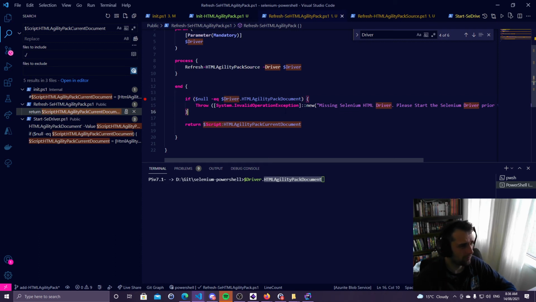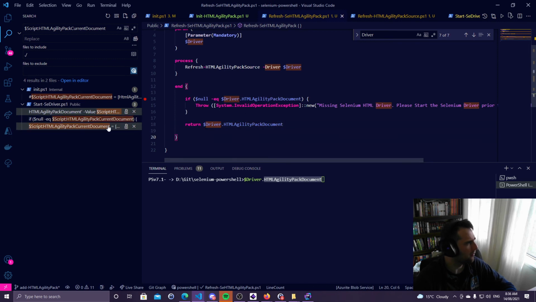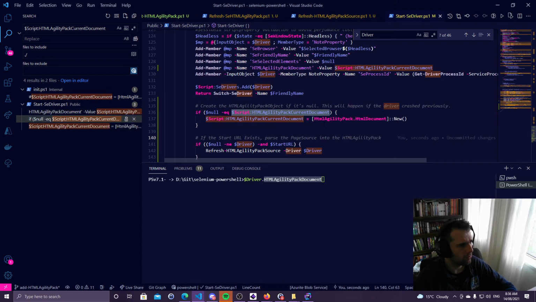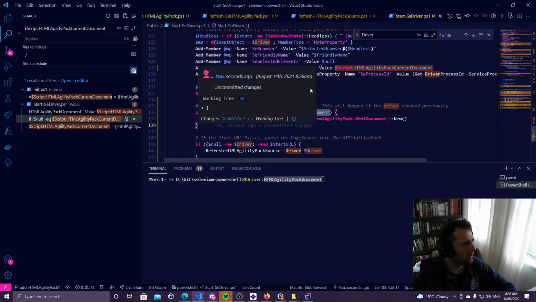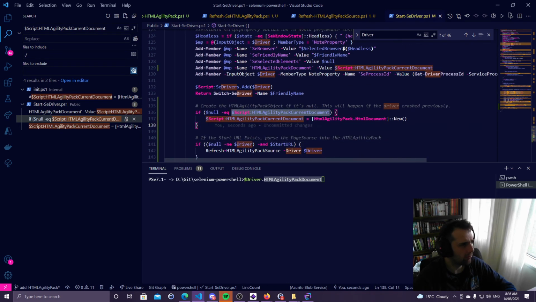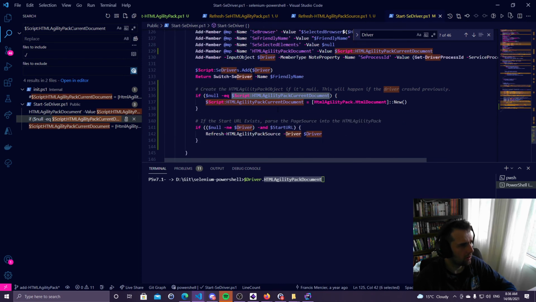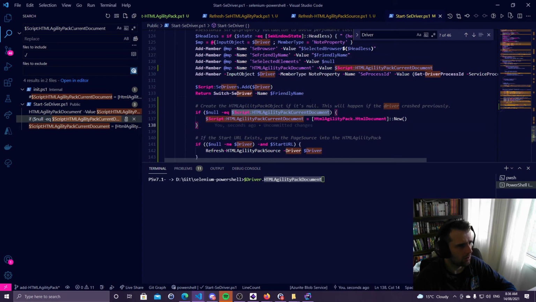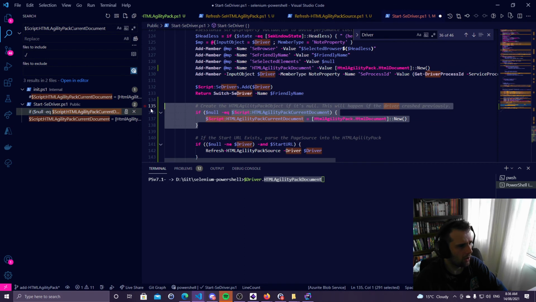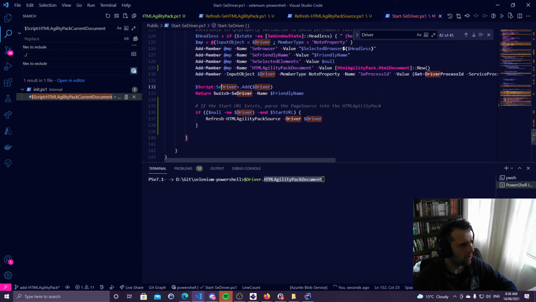So create the HTML, which if it's null, just go ahead and create it there. Don't need that line. And then what we can do here is